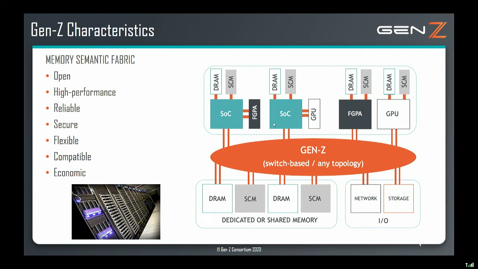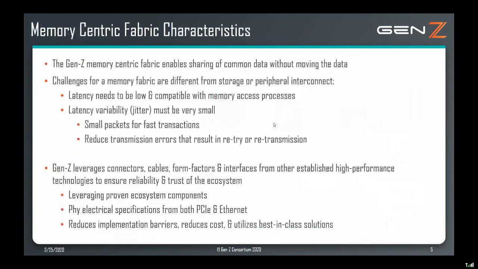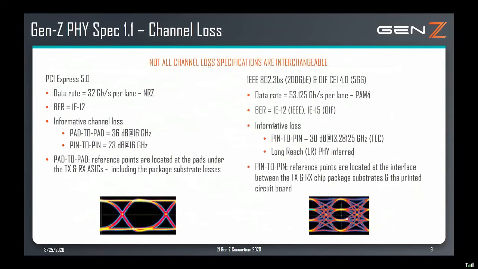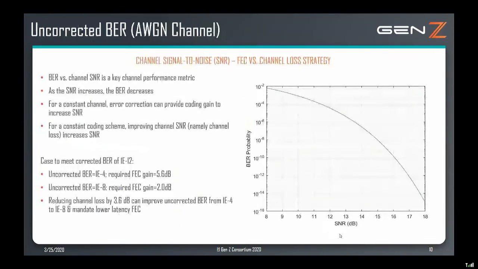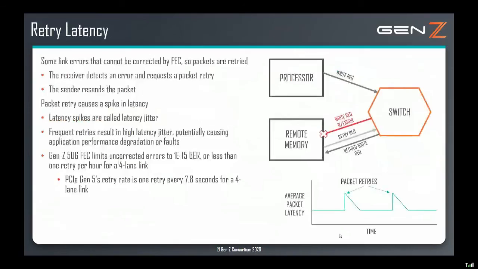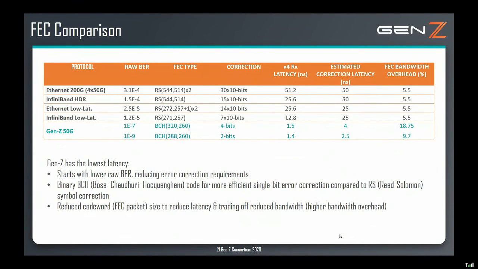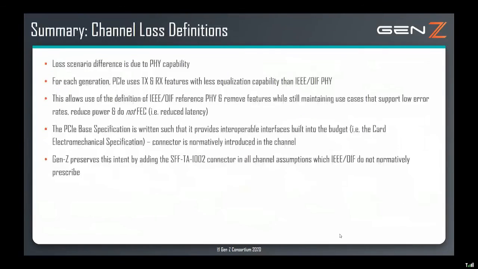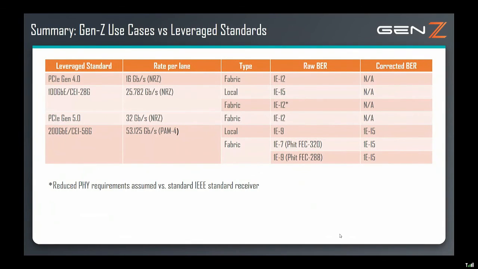Okay, there is another question. It says, eye-opening requirement for Gen-Z. Is it similar to PCIe Gen 4 over 100G Ethernet? It is, so if you go to that table of BER and corrected BER, yeah, so the orange table on slide 12. Yeah, so this shows